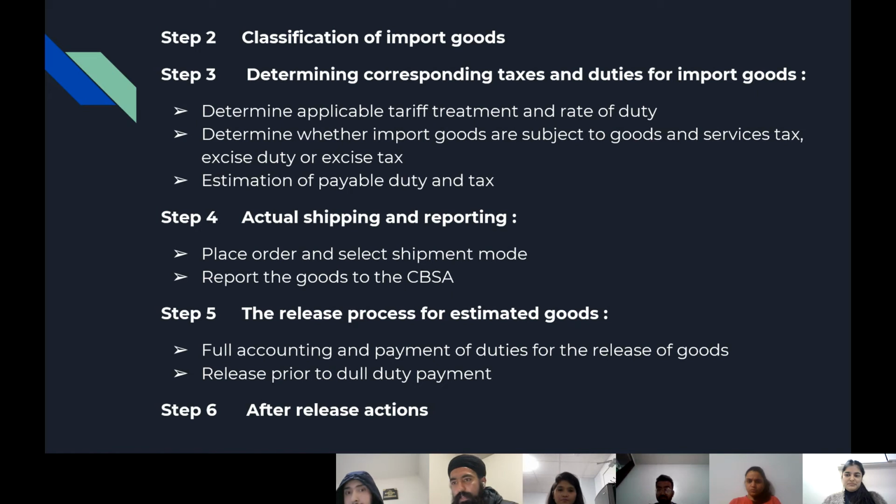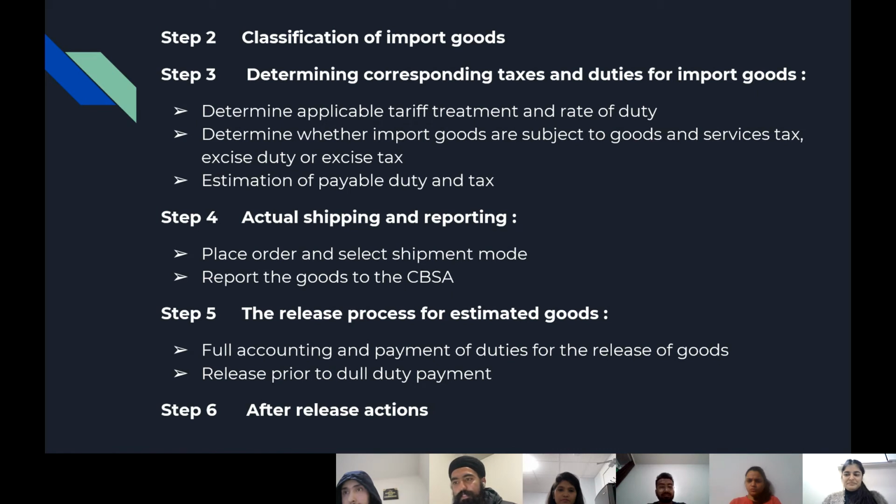The third step is to determine the corresponding taxes and duties for the imported goods. First, determine the applicable tariff, treatment, and rate of duties. Second, determine whether imported goods are subject to goods and services tax, excise duty, or excise tax. Third, estimation of payable duty and tax.